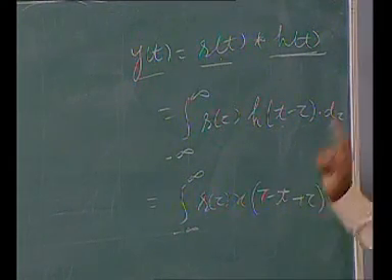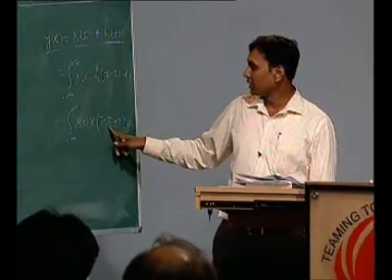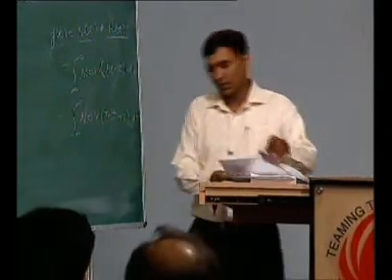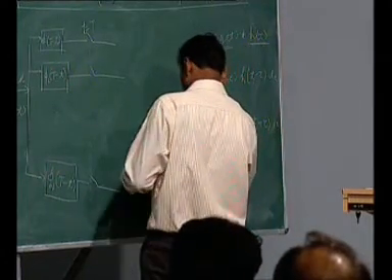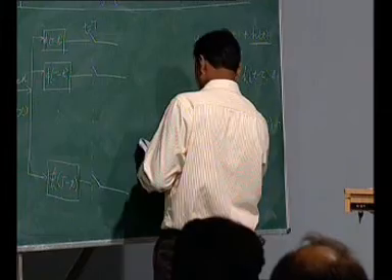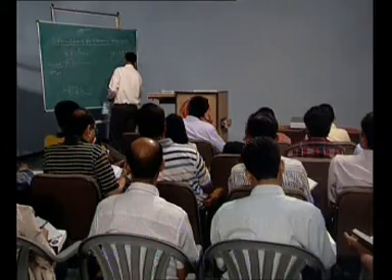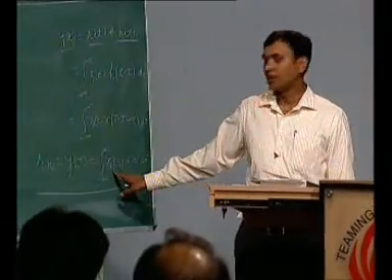Now, if you find the value exactly when t equals capital T, put in the value where t equals capital T. Once we put in t equals capital T, what will we have? This will be x tau. So you will have this to be Rx equals yt, which is again in the form of x tau and r tau. This is our vector.